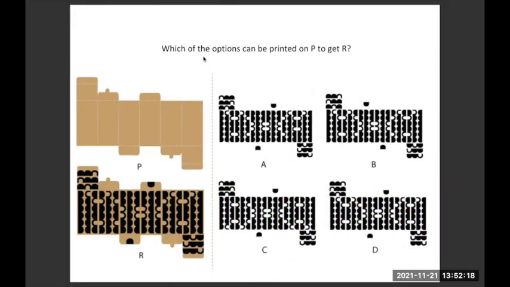You're given these two prints. You're given a cardboard which is like this, and this cardboard needs to get converted to what you are seeing at the bottom, with some kind of print on top of it. What you have to find is which of these options will be the print which will be added onto this brown cardboard which you are able to see here. One or more options are possible here. So please check your answer. There are definitely two answers here. So I request you to go through it once.